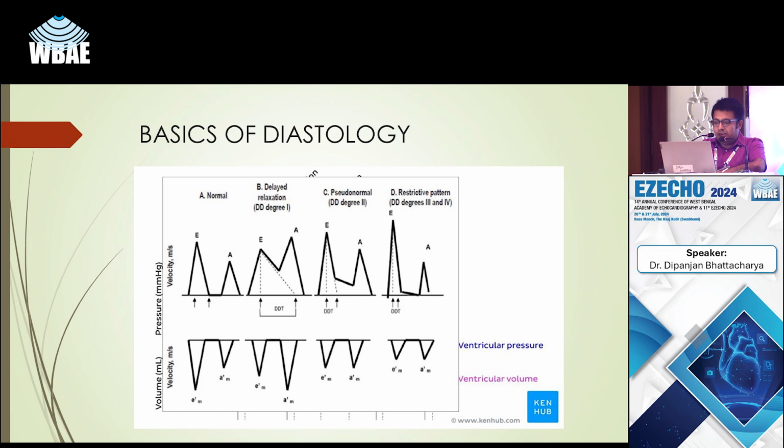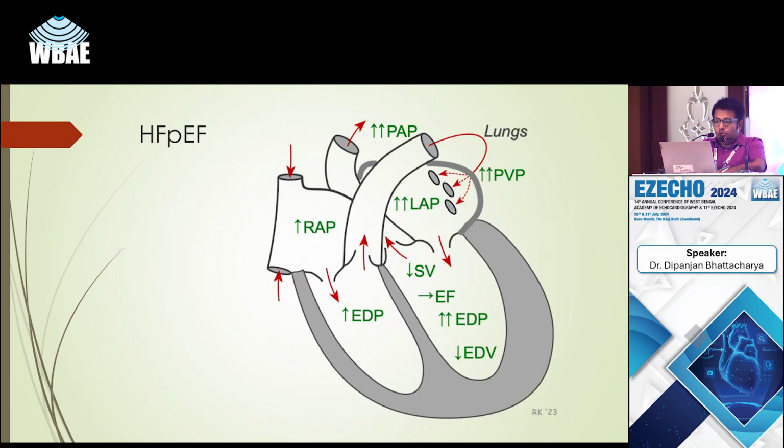And there are the grades of diastolic dysfunction that we all know: grade 1 is E less than A, grade 2 is E more than A, and in grade 3 and 4, E becomes nearly 2 times that of A with the reduction of E prime. So in the physiology of heart failure with preserved EF, what essentially happens is the LV end diastolic